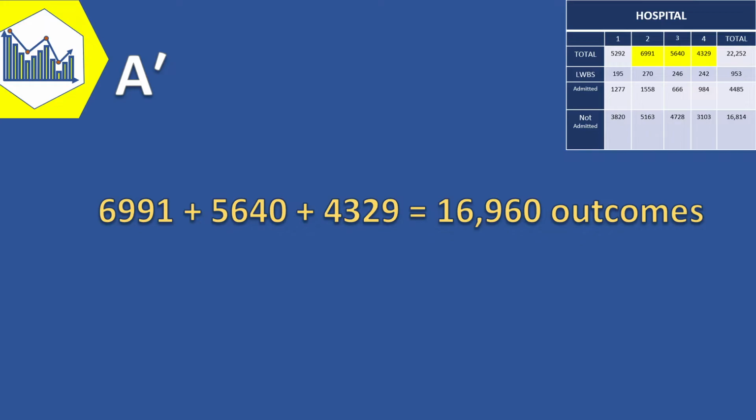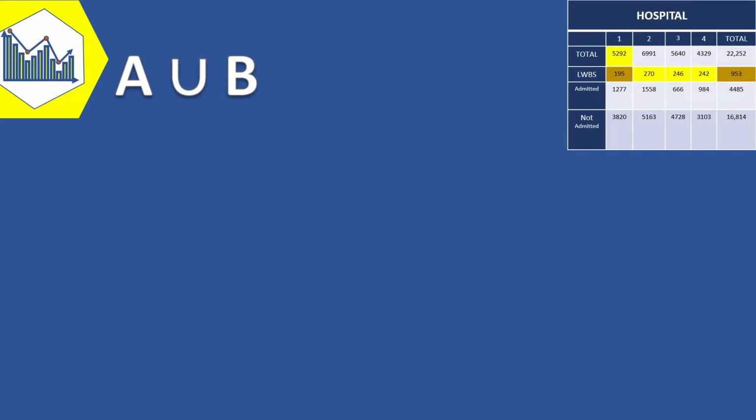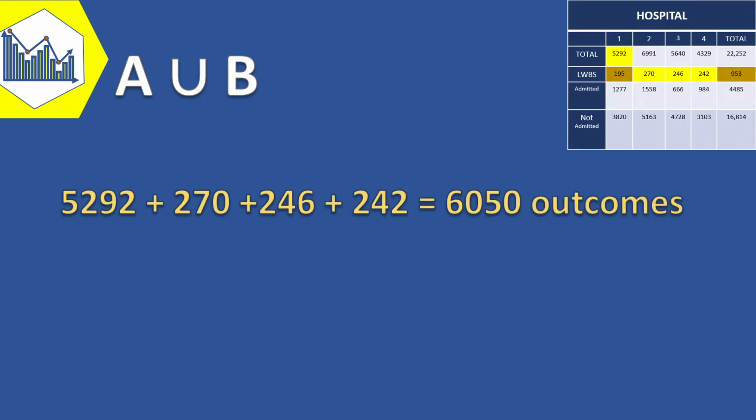that equals 16,960 visits. The union of A and B consists of the visits to hospital 1 or the visits that result in LWBS or both and contains 5,292 plus 270 plus 246 plus 242 that equals 6,050 visits. Notice that the last result can also be calculated as the number of visits in A plus the